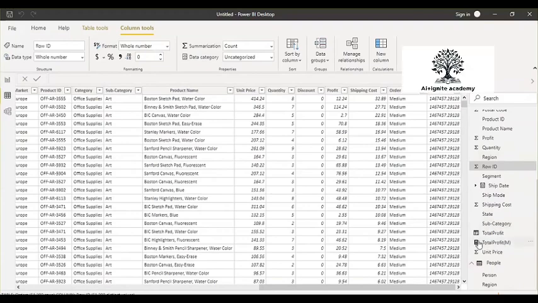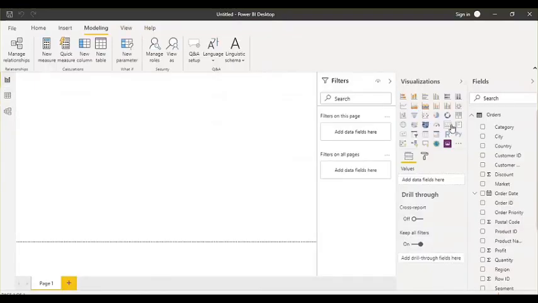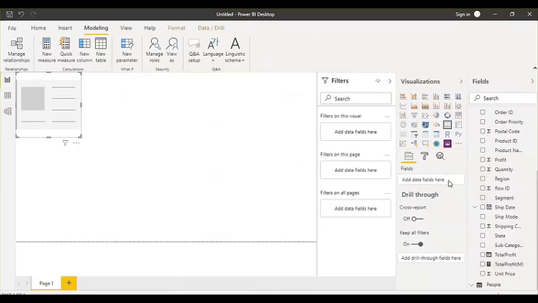When you create measures, you cannot see them in the table in a tabular format. Why? Because this is a calculated value, and when you visualize this data, it will be automatically calculated on the fly and visualized here. So let's visualize these two pieces of information. Add the measure here on this card visual.